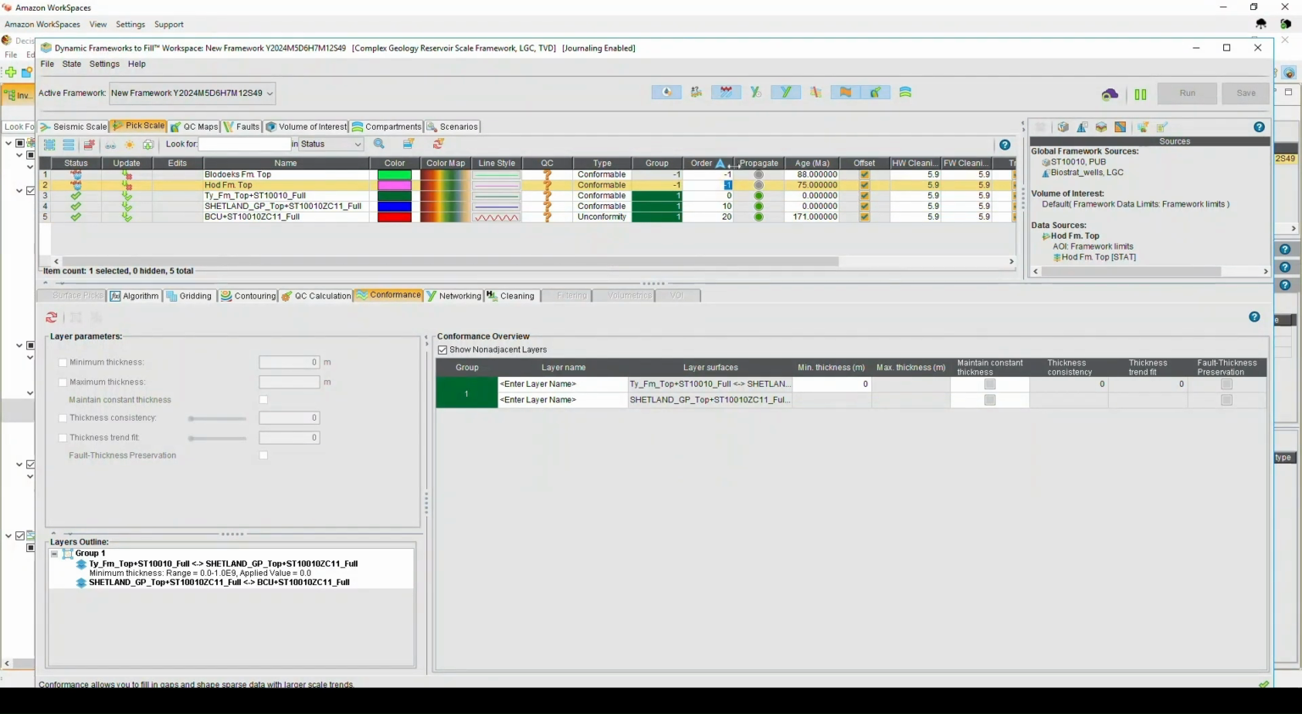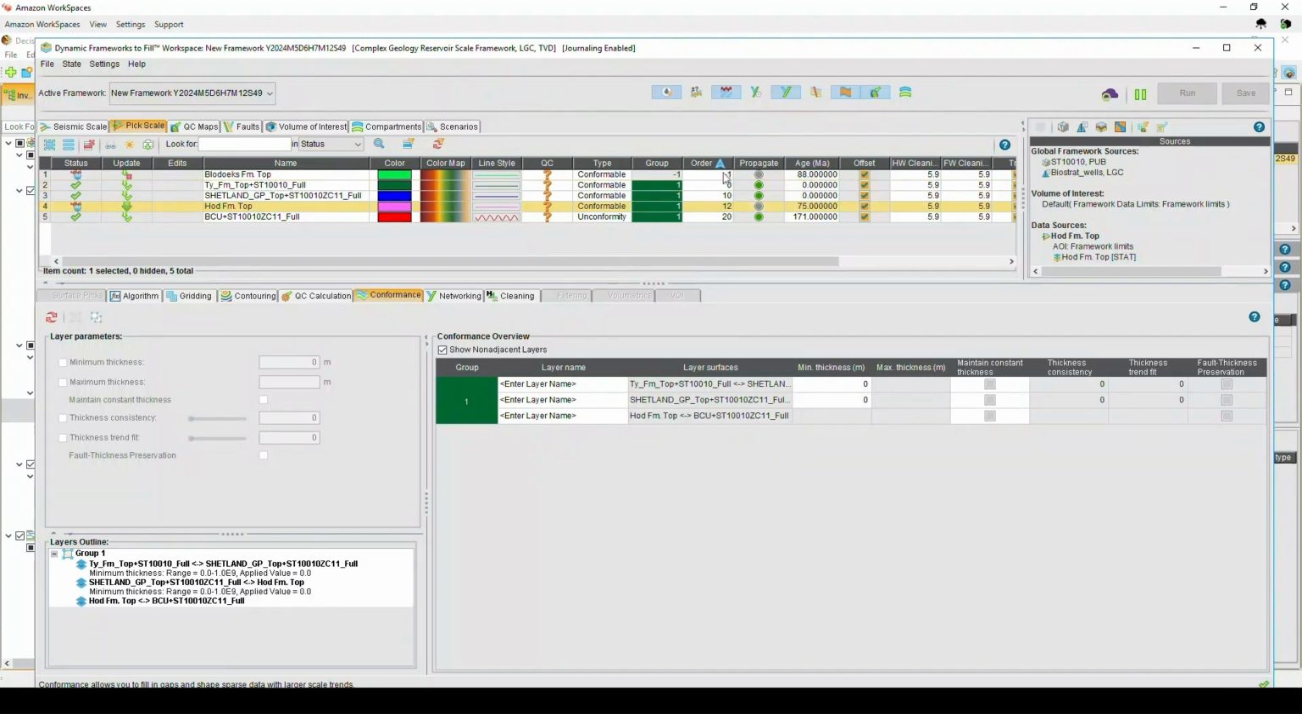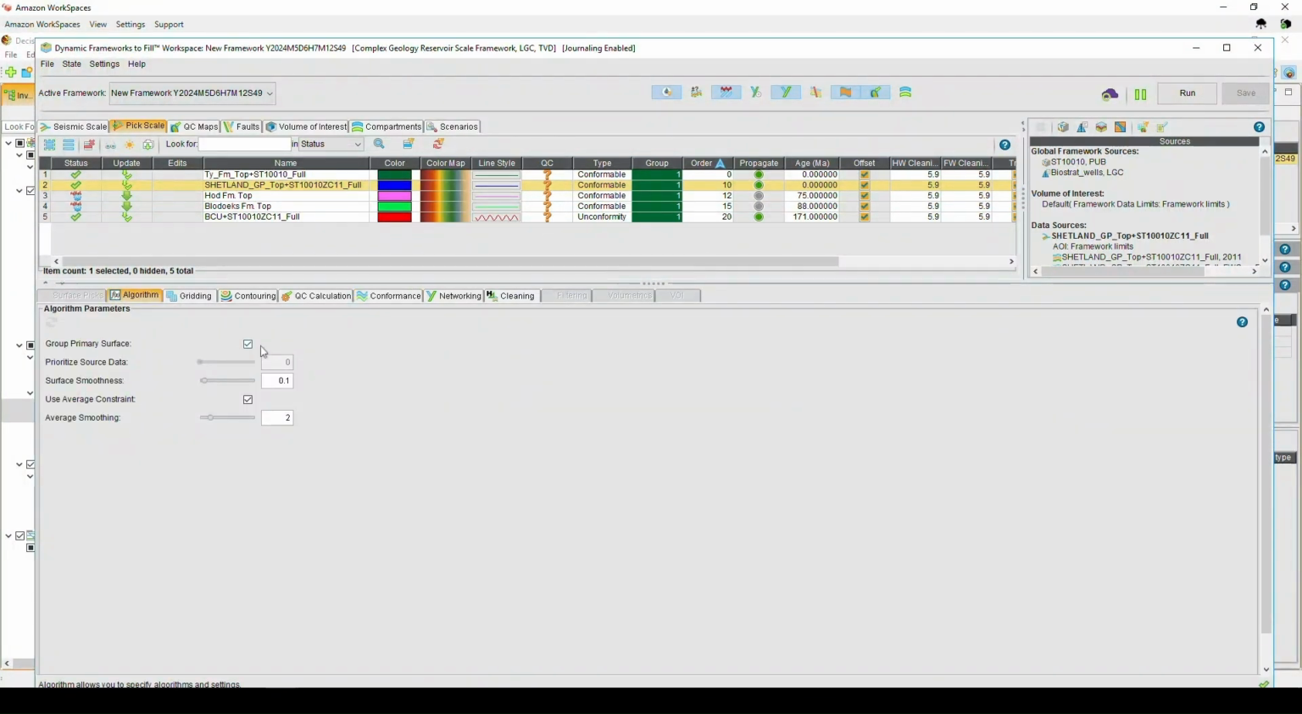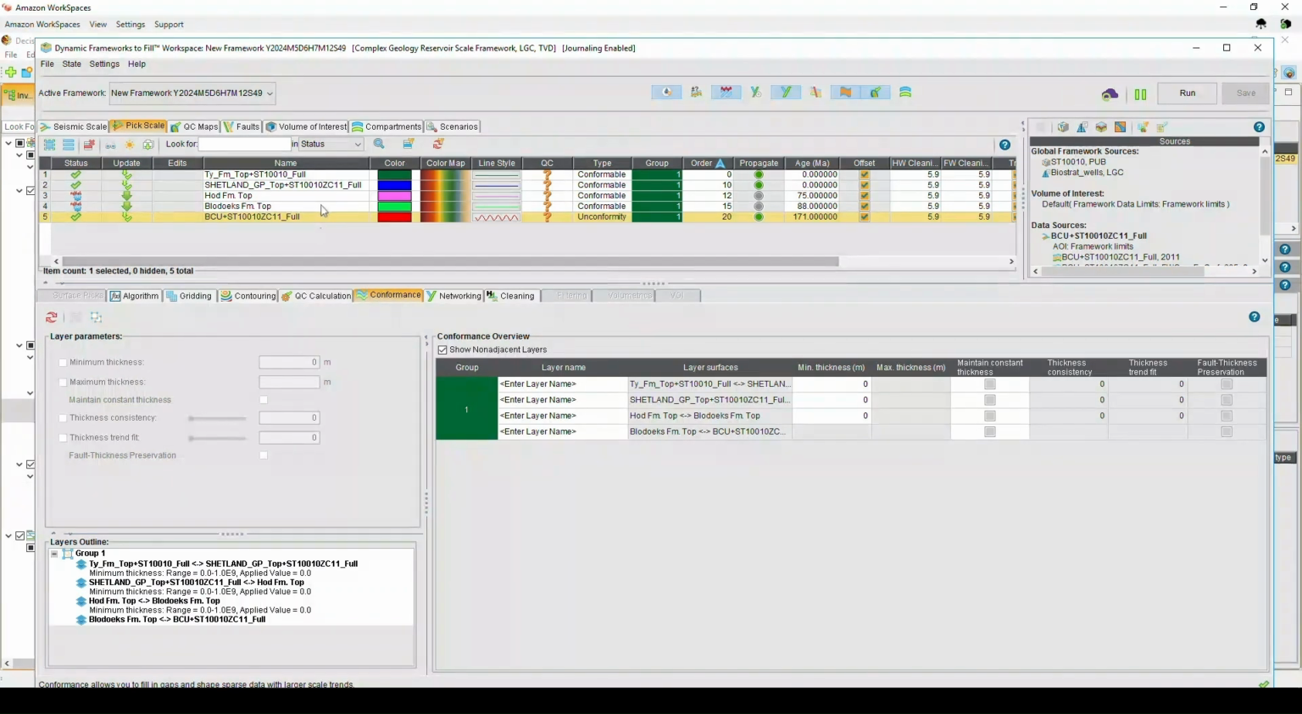Pick-based surfaces are added to the Pick Scale tab. As with seismic scale surfaces, these pick-based surfaces require the stratigraphic order to be entered manually, to ensure correct positioning within the framework. By default, in Reservoir Scale Frameworks, surfaces with seismic data are automatically defined as conformance group primary surfaces. These surfaces are generated first and help to define the pick scale surface resulting geometry in coaction with defined